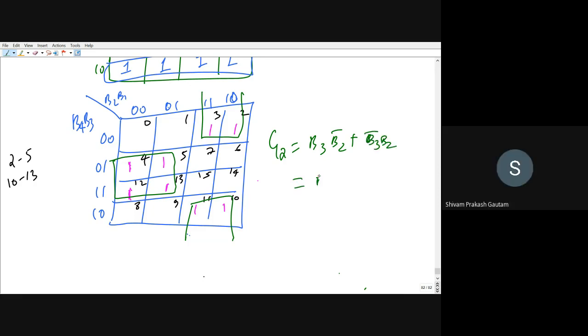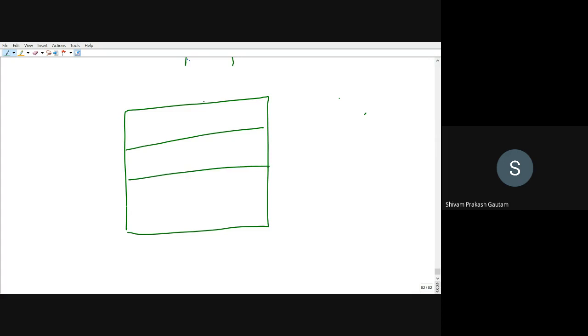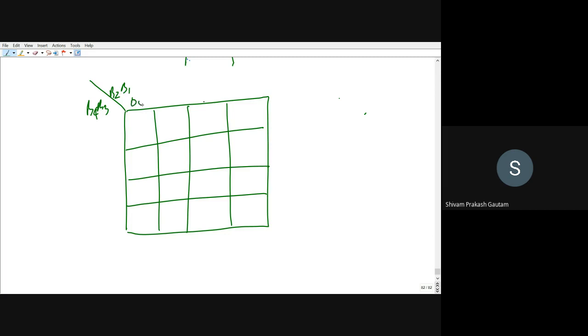So this will be equal to B3 XOR with B2. So this will be G2. Now we have to check for G1. This is B4, B3, B2, B1: 0 0 0 1 1 1 1 0.